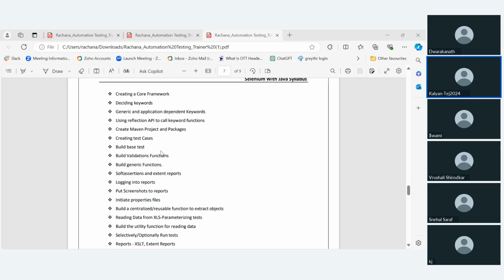And as I told, since we'll be covering both core Java as well as the automation concepts, the course duration is 75 hours. In the initial 30 to 40 hours, we'll be covering the core Java concepts, followed by beginning with Selenium WebDriver and covering 3 to 4 hours of the basic concepts of Selenium, and then we shall begin implementing these concepts in the live projects. Okay, clear?